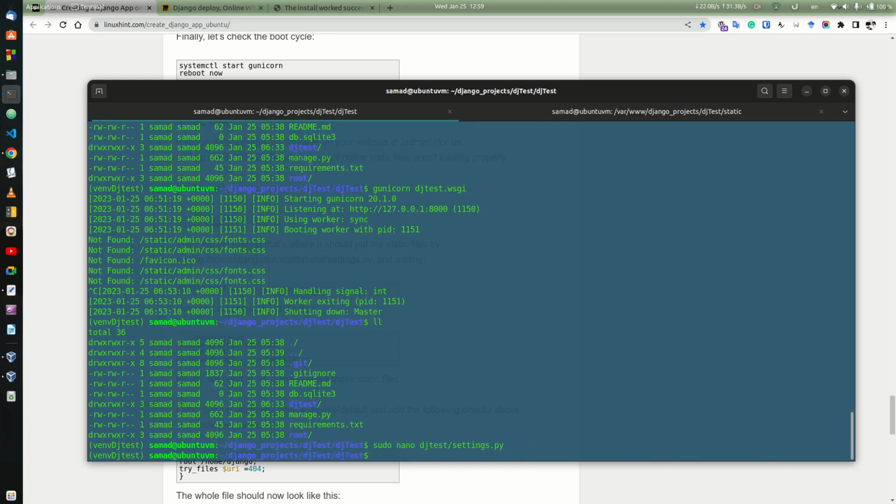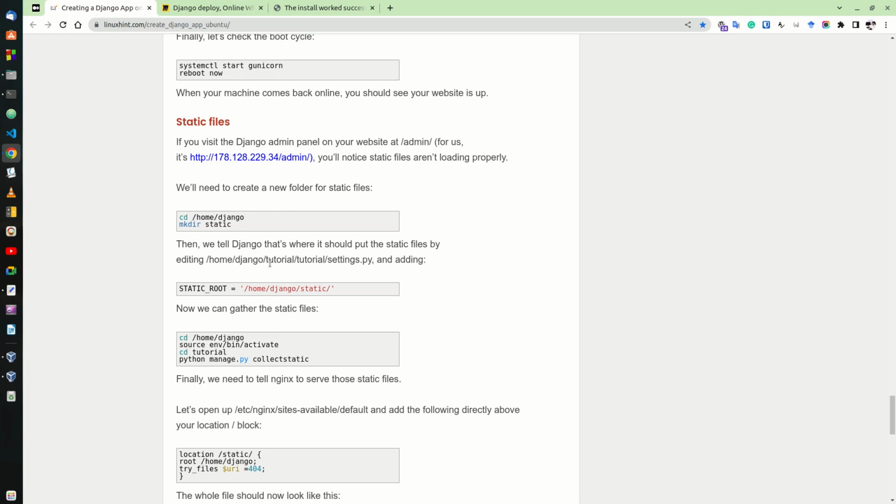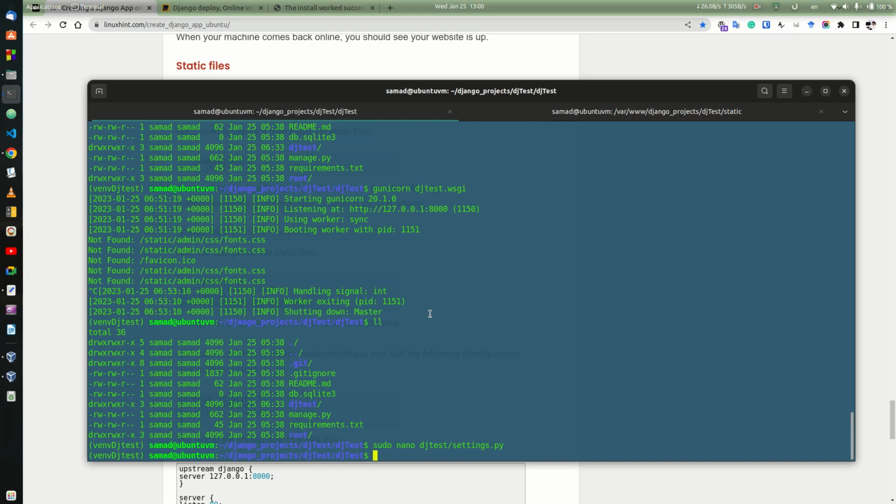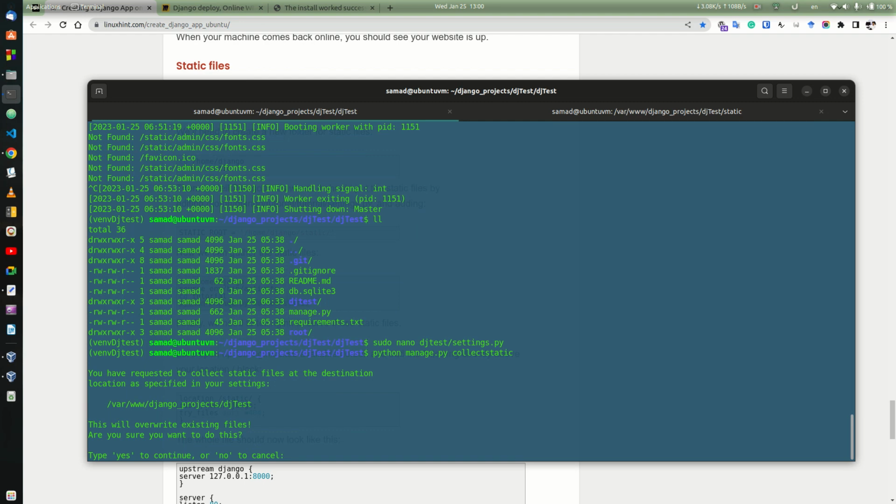I'm going to close this one, and static root is created. Now we have to go to collect static files to our defined directory. So if we have to collect our static files, yes, to continue, our file will be copied to